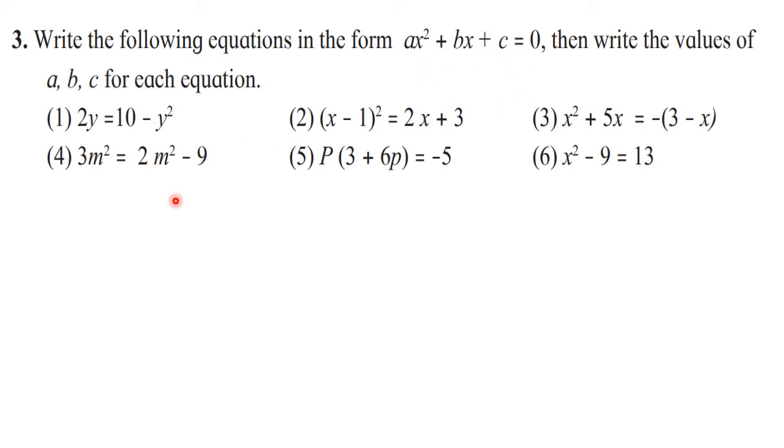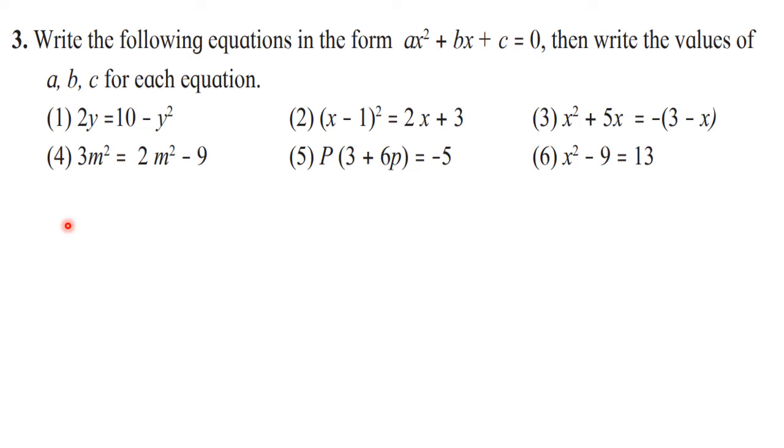Now here there are 6 sub questions. Out of that I am solving the first one, the second one, the fifth one and the sixth one. Third and fourth you will do as homework. You know that to convert into the standard form, all the terms we have to take on left hand side, and then write down equal to 0 on right hand side, and then you are going to compare. Third and fourth are easy, so you can solve them by yourself. So I'm not going to discuss all. So mark these two, question number 3 and question number 4, as homework.